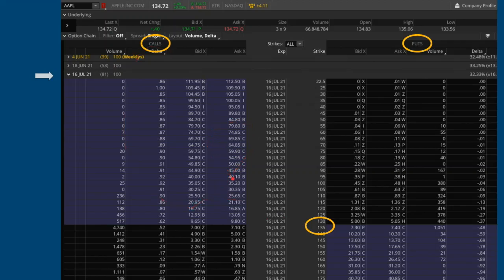We're going to look at the call options, and let's look at the 120. The 120 call option is currently selling for $16.75 or so. Remember, it gives me the right to buy at 120. So if I owned the 120 call option, I have the right to buy Apple at 120 when it's selling for 135. If I exercise that option today, I could buy it for 120, sell it for 135, and make an instant $15,